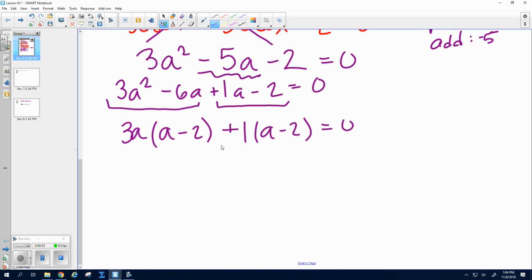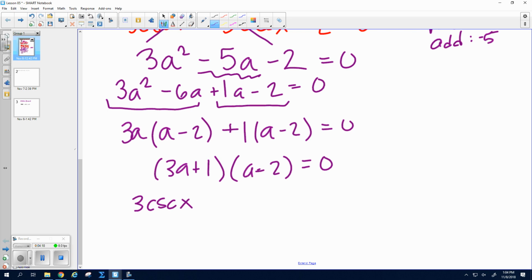Now what you factored out, 3a plus 1 goes in one set of parentheses, and a minus 2 goes in the other set of parentheses. And now you can replace those back with cosecants. So I have 3 cosecant x plus 1, and at the same time I'm going to set that equal to 0 because I'm solving. And then for a, I'm going to replace it with cosecant x minus 2, also equals 0. All right, I'm going to isolate this cosecant x, so I minus 1, and I divide by 3,